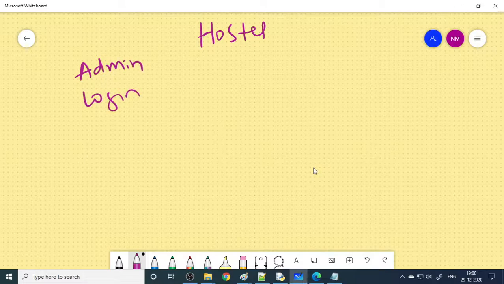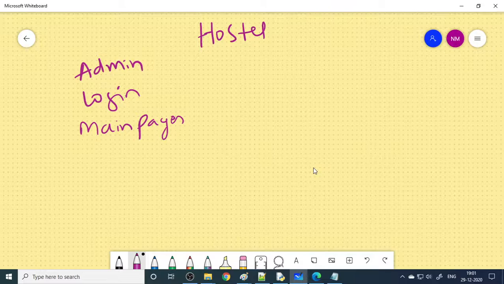Now let's come back and talk about the hostel management. In a hostel, as we know, mainly the student has to join the hostel and will stay for a year. So what are the basic requirements here? Here is one admin module. Inside the admin module, we can log in, and then it will go to the main page. These are the pages actually, each one is a page. So that's three pages now, one main page, four pages.